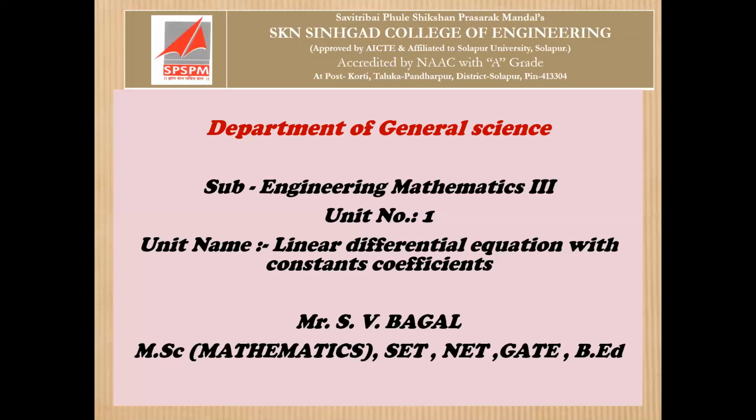In the last lecture we have seen those equations whose right hand side does not belong completely or partially to any one of the above types, that means type 1 to 5. Also we have seen one example related to type number 6, nothing but the general type, where the right hand side belongs completely or partially to none of the above. In this lecture we have to solve one more example related to this type.